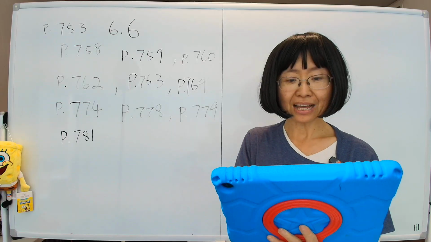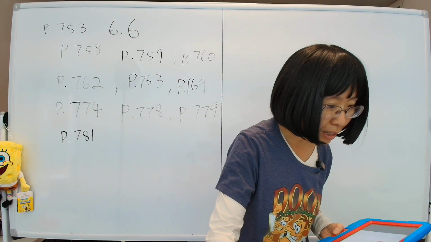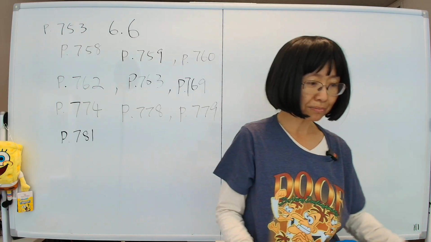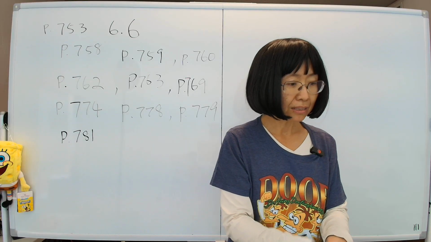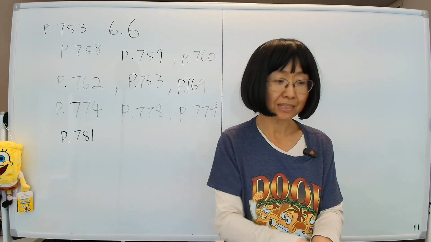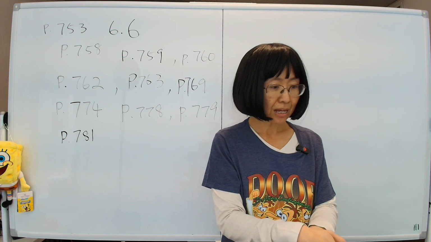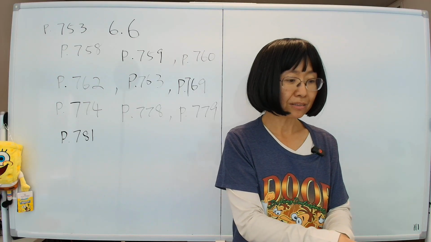So with that, we have come to the end of this section. For homework, which is on page 784, please do problems 275, 77, 83, 91. For 91, the answer in the back is a little bit off, okay? I think you will be able to see it when you do it. And 293, 97, again, the answer in the back is a little bit off, I believe. And then 303,